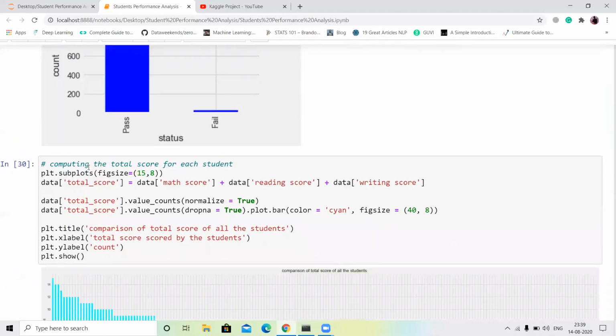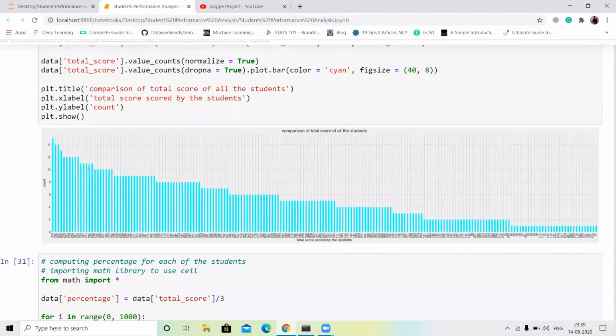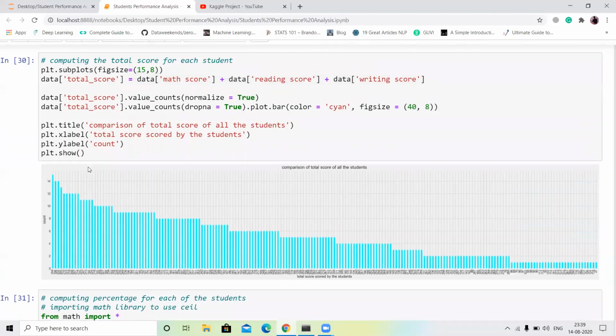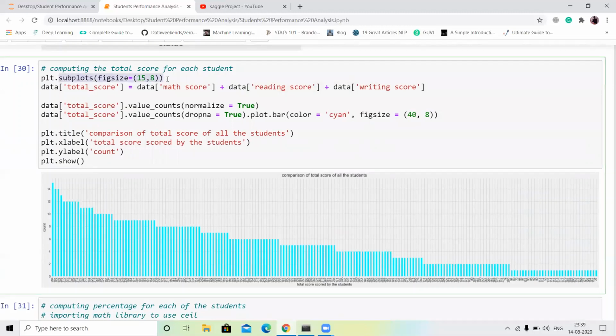Next, I check the total score of each student. First, I call the plt dot subplot function where I define the figure size, and I create a total score column by adding all the scores: math score, reading score and writing score.